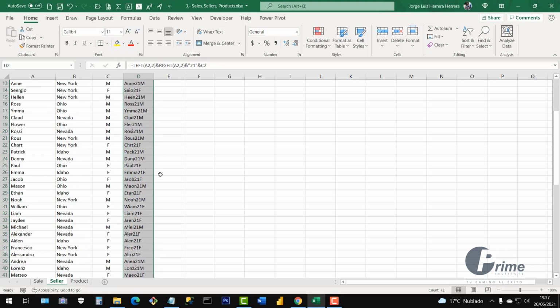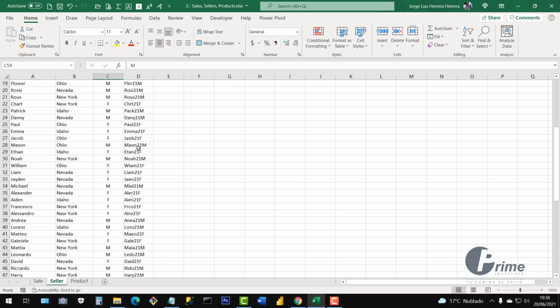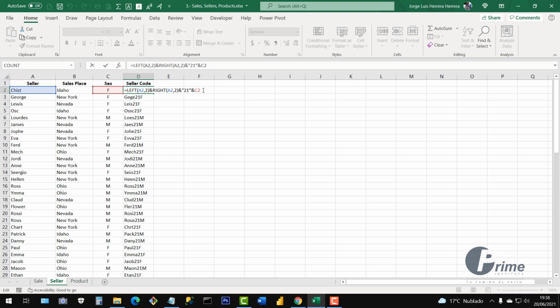Now if I double click, all the information is basically unique, but I still have two that are repeating. For instance, I have Lucas, but here is Lucas with a K, and both are male. But I can add something else. Maybe I can pull out something from the place they are selling, so I can add the first one,